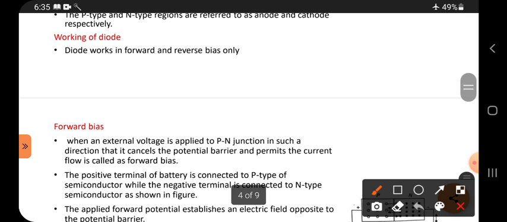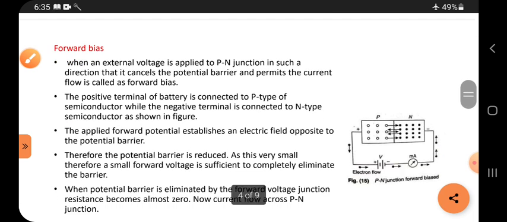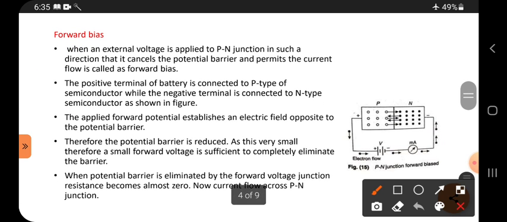Working: a diode works in forward and reverse bias only. Forward bias: when an external voltage is applied to a PN junction in such a direction that it cancels the potential barrier and permits current flow, it is called forward bias. What do you call forward bias? Suppose I am applying voltage across this PN junction diode. Then it